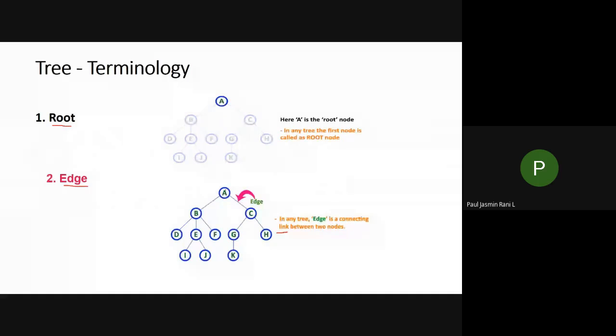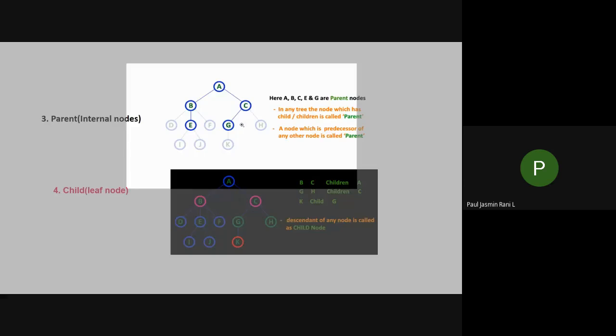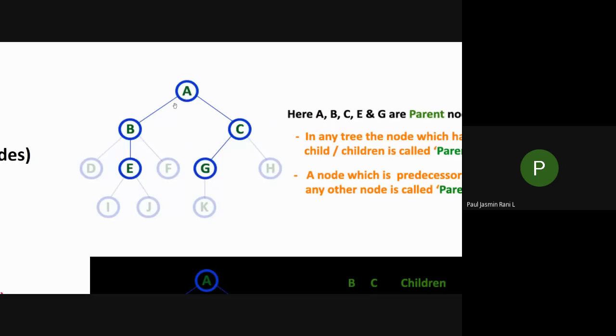And next one is parent node. So I call this root node an important node. Other internal nodes we call parent nodes. Parent node means, suppose in a node you have at least one branch, at least one child, then we call that node a parent node. For this example, A contains two branches, isn't it? This is a left branch, this is a right branch. So if it contains at least one branch, then I can call this A node a parent node or internal node.